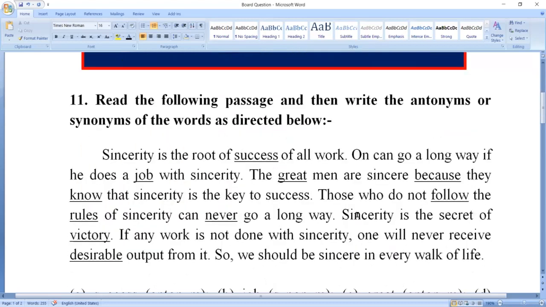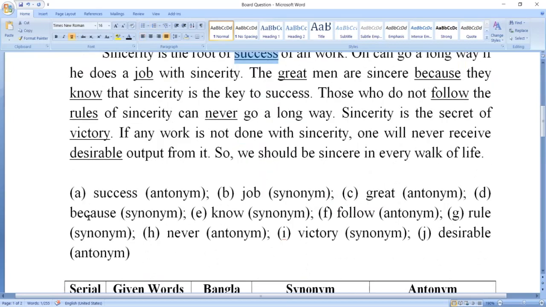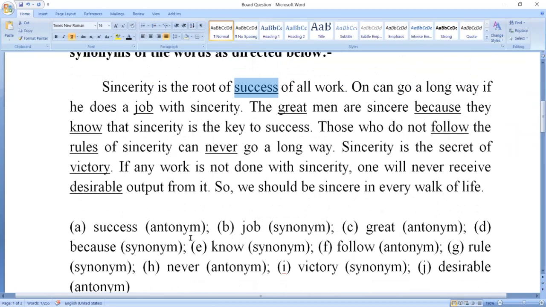Whenever you will be given a question, the question will read like this: read the following passage and then write the antonyms or synonyms of the words as directed below. That is, here you will be given a text or passage, and there will be some words marked or underlined, and here you will be given the instruction, that is what you need to write, whether you need to write the synonym or antonym. This will be written like this,